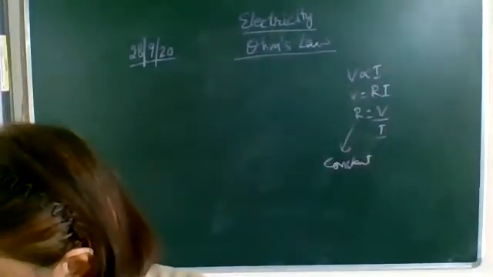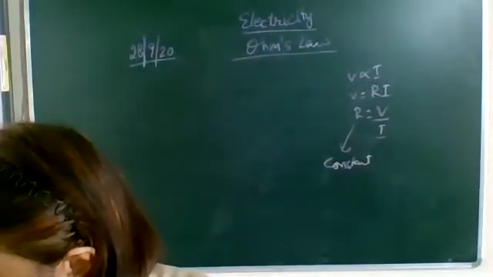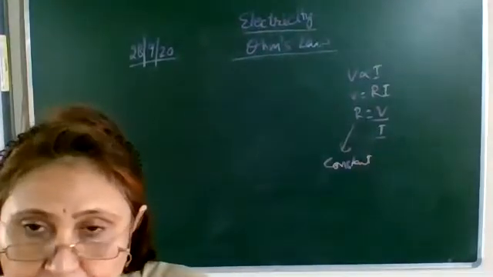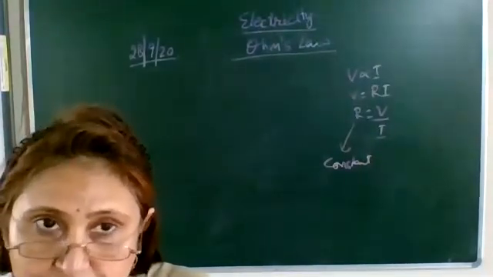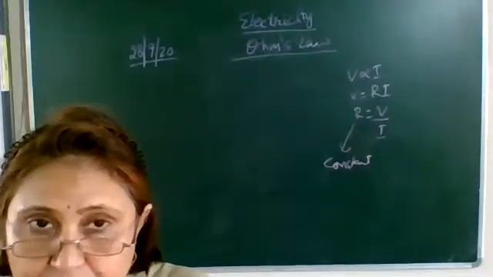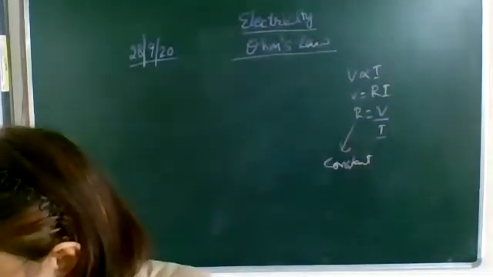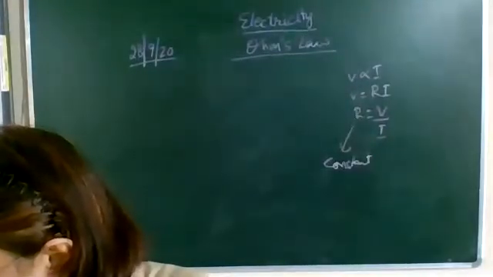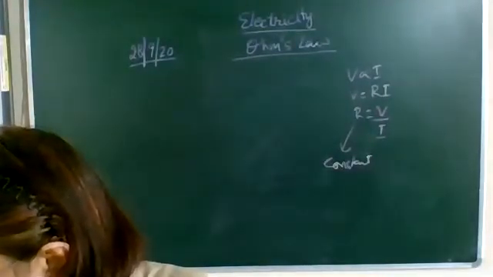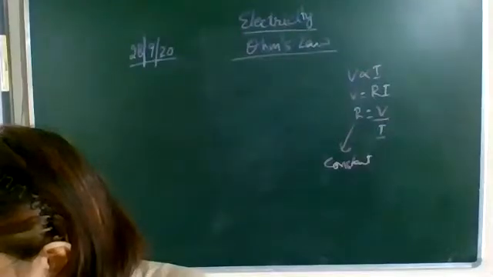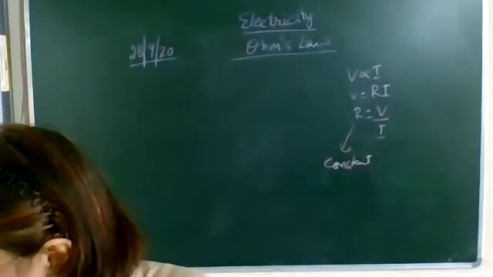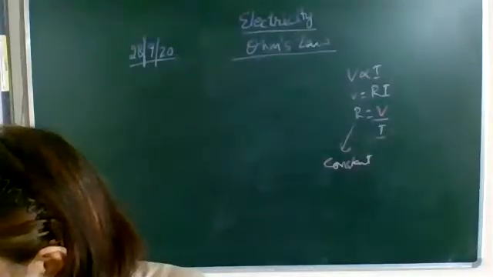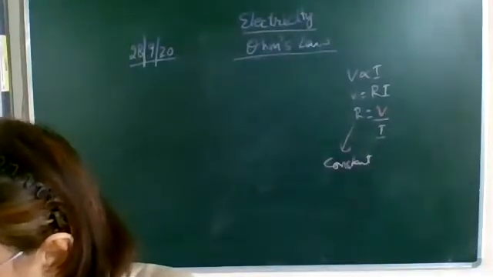Set up the circuit as shown in figure 12.3 consisting of a nichrome wire XY. Okay, what is nichrome? Nichrome is an alloy of nickel and chromium, and of course iron is also in there. So such an alloy we call nichrome. So here it consists of a nichrome wire of length say 0.5 meter, an ammeter and a voltmeter, and 4 cells each of 1.5 volt. Nichrome is an alloy of nickel, chromium, manganese and iron metals.